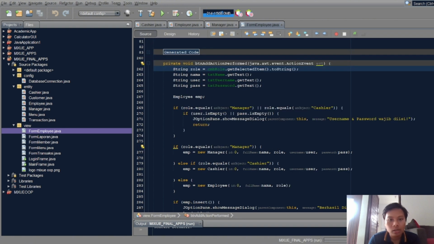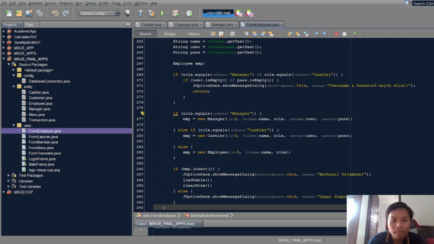Now we have employee emp. This is a variable we declared in the employee class. So if the role equals manager or, this is short circuit or, role is cashier, that logic is used.